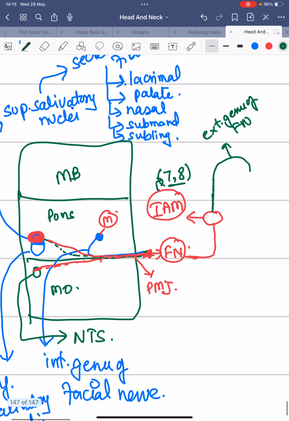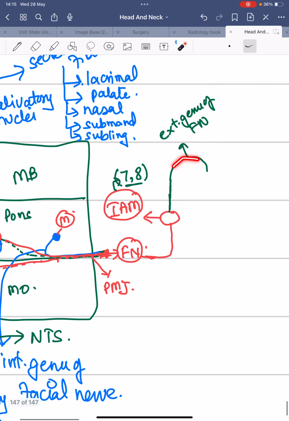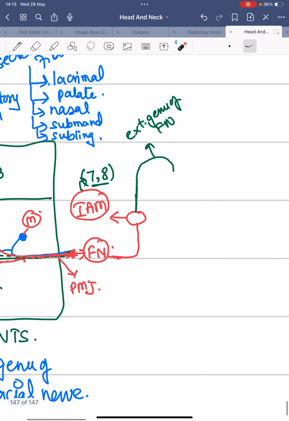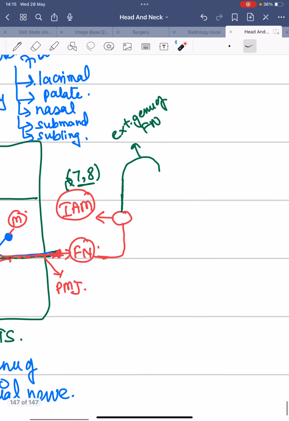See here, this band here, this band here, this is known as the internal genu of the facial nerve. This band here, it is known as what? External genu of the facial nerve. Now as it is exiting here at the external genu. This is the external genu of the facial nerve. Now see here,